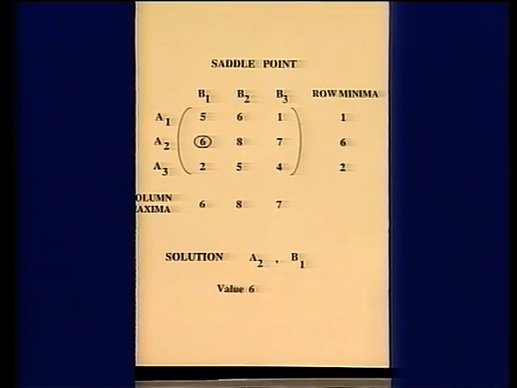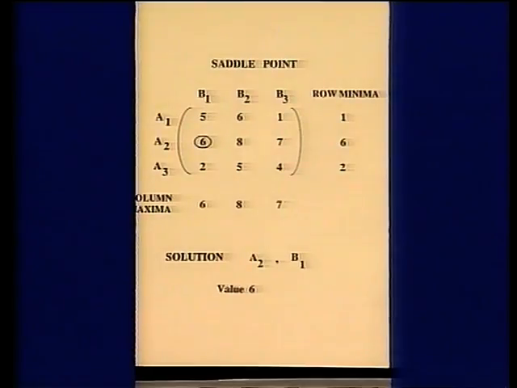If B decides to pursue his second strategy, column 2, then again A would follow his second strategy to pick up 8 units. And again in column 3, if B chooses his third strategy, A is advised also to pursue his second. What we've done at the bottom of each column of the matrix is to list the maximum amount that could be won by A if he pursued the right policy, 6, 8 and 7 respectively.